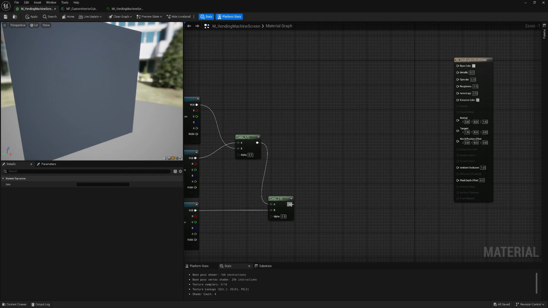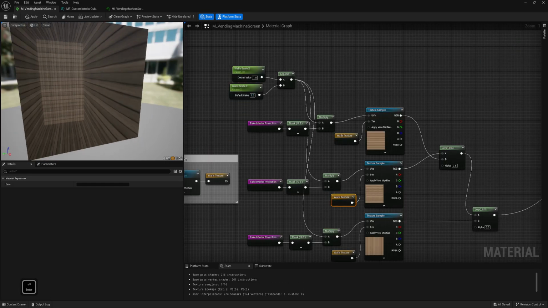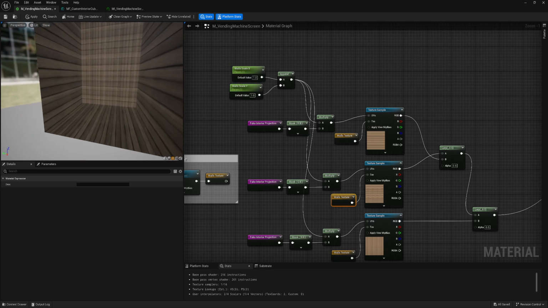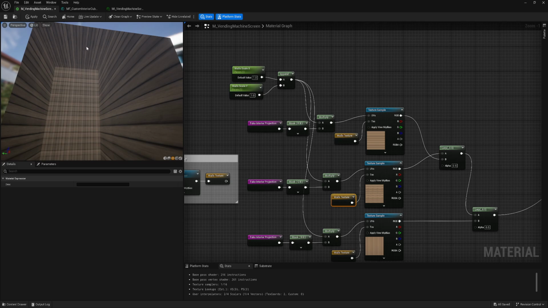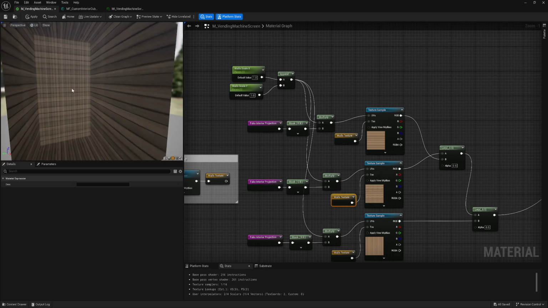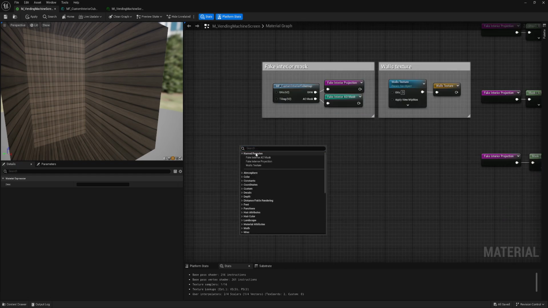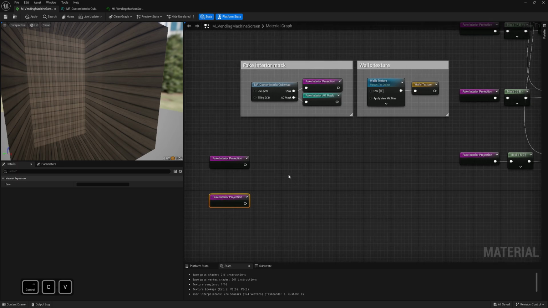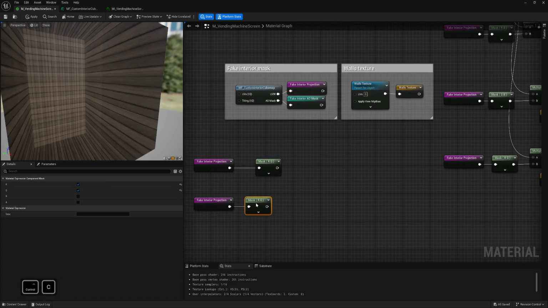So if I connect it like that, we need tiling. So something is happening, but not great. Different tiling in there. That back wall is totally a mess. We need to use this to create our mask. Grab our interior projection again. We need 2 of them. Grab our component mask. For this one I need G, and for this one I need B.